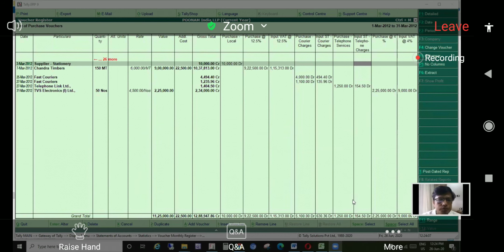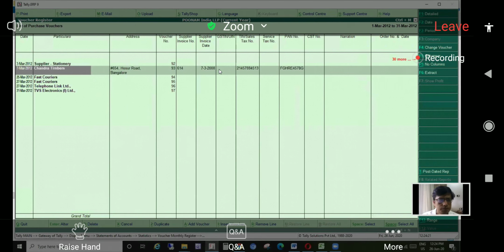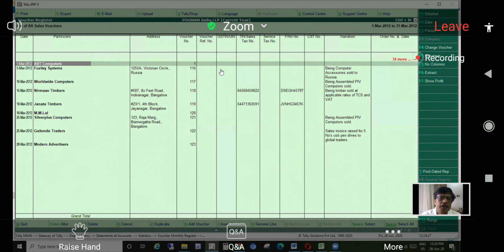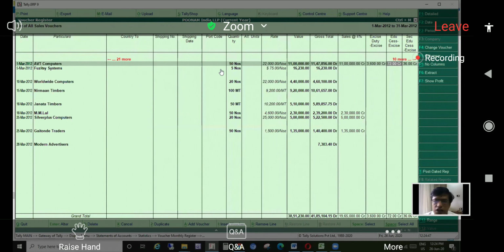So this is the purchase register, the same thing we wanted for sales. Then how do we get it? Just by clicking on F4, all sales vouchers. Now this is a shortcut key that you should know, not only for this columnar report, but in what Ankit Bhai just mentioned, display account books ledger. If you are viewing one report for one entire year, then you can just click on F4 and select the other ledger itself also. So by clicking on F4, now you're looking at all the sales register.